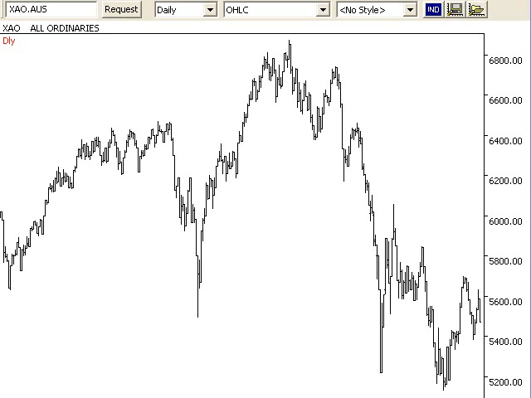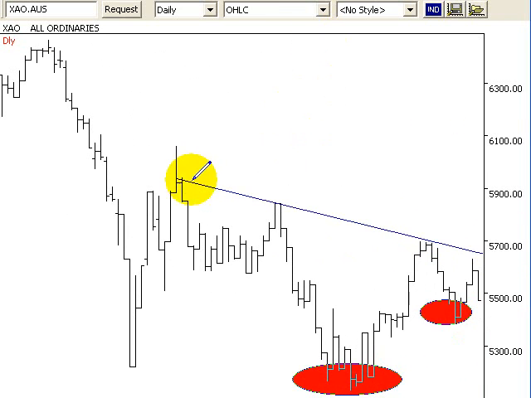Again, we're just looking at the All Ords today and getting a bit of an overfeel of where the markets are really at. Right now we're looking at a daily chart of the All Ords, and we can see a pretty funky pattern forming here. We have a low, but we've just formed a higher low. Remember, this is on a daily chart, so this higher low could be the start of, if I just draw a little trend line down through there and open my chart up a bit, notice how it starts through there, bounced, and we could get another bounce through here.